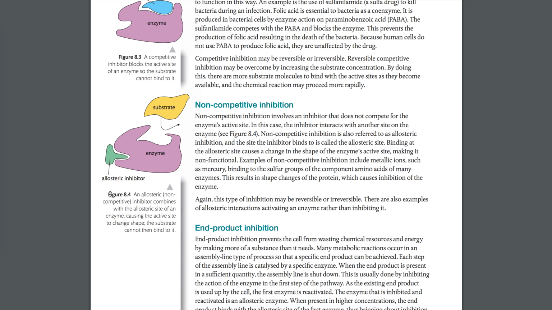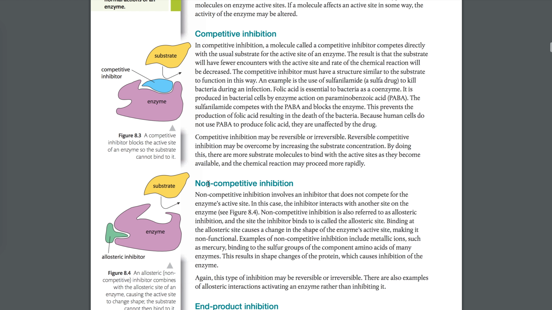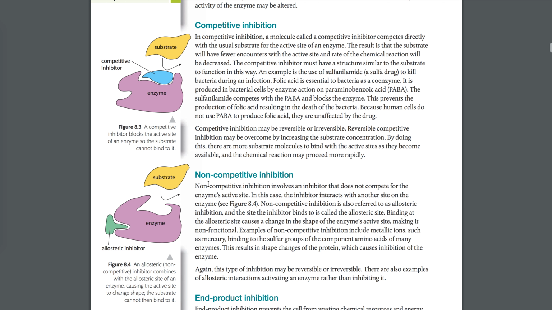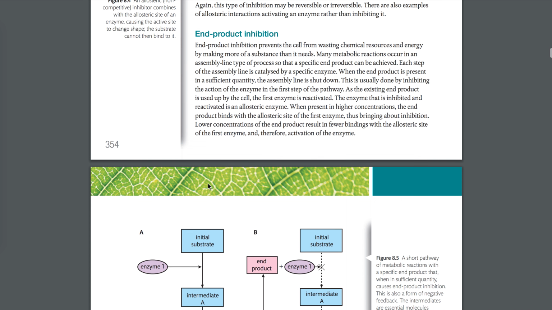And as it reads in the figure down here, the allosteric inhibitor combines with the allosteric site. Okay, that makes sense to me. And it causes the active site to change shape. So it's pretty straightforward when it comes to inhibition in enzymes. And inhibition is basically just inhibiting the product from being formed. In product inhibition